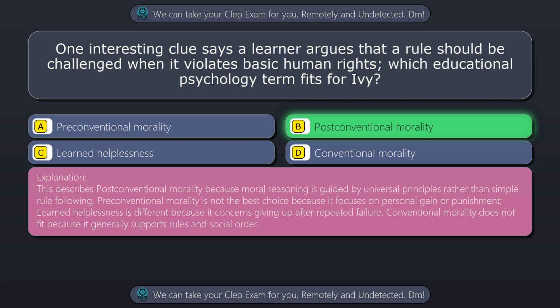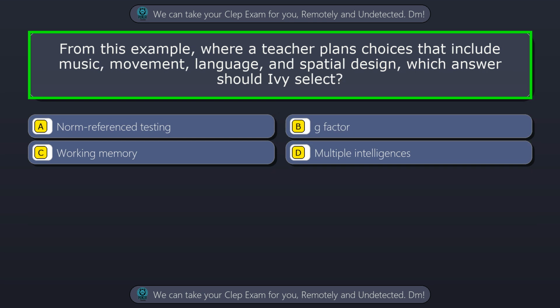Pre-conventional morality is not the best choice because it focuses on personal gain or punishment. Learned helplessness is different because it concerns giving up after repeated failure. Conventional morality does not fit because it generally supports rules and social order. Question 24. From this example, where a teacher plans choices that include music, movement, language, and spatial design, which answer